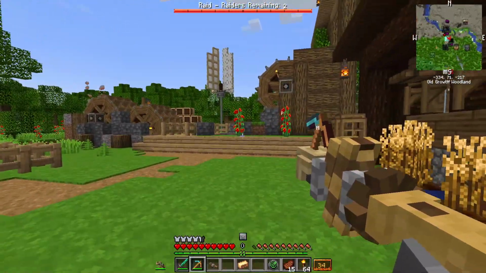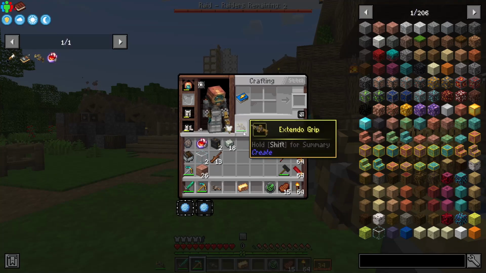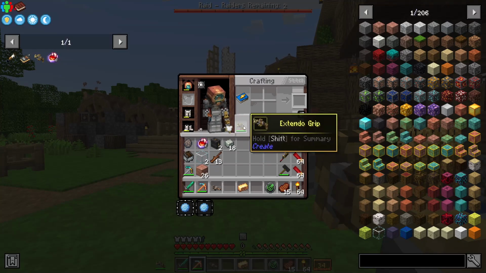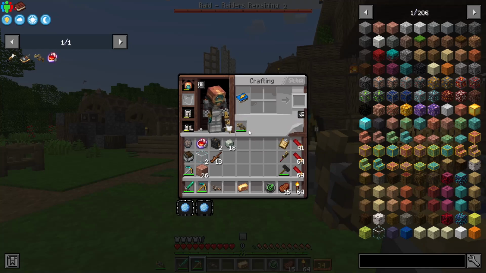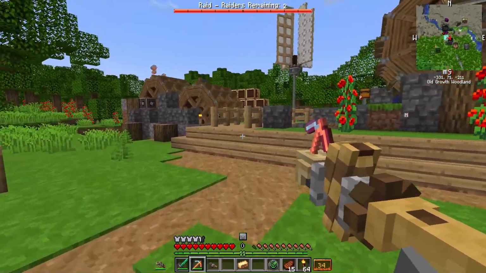Now, one thing that you need to know about this thing is that you can see that little green bar. That's the durability bar. So that means that, yes, eventually durability will run out and you will destroy the extendo grip. However, that can be solved very well